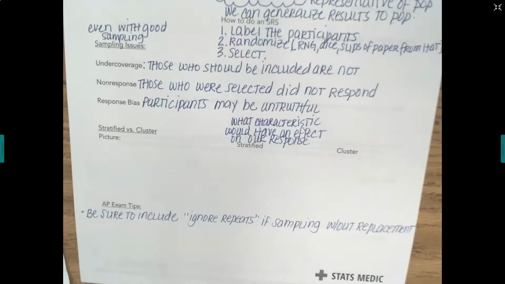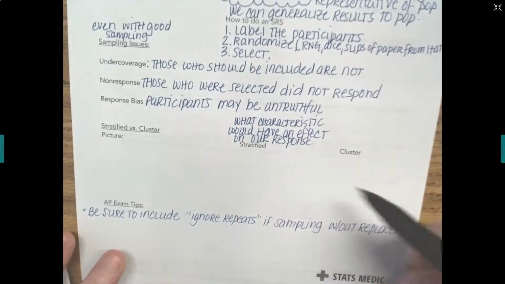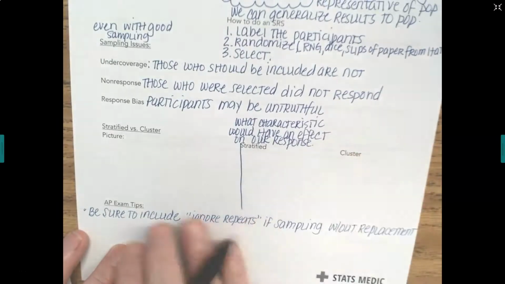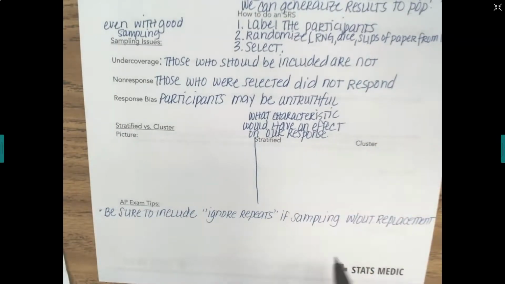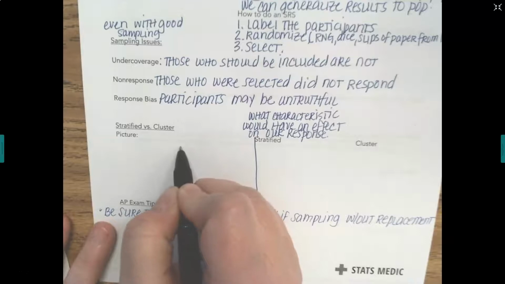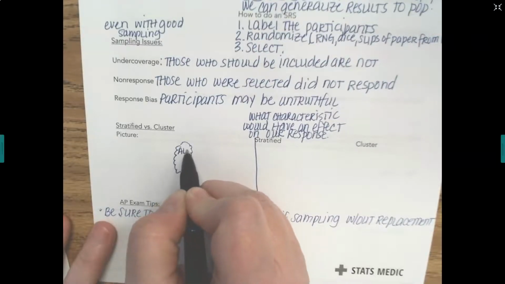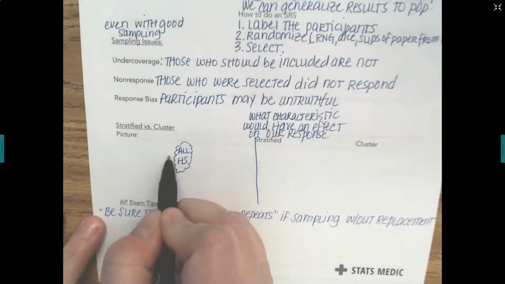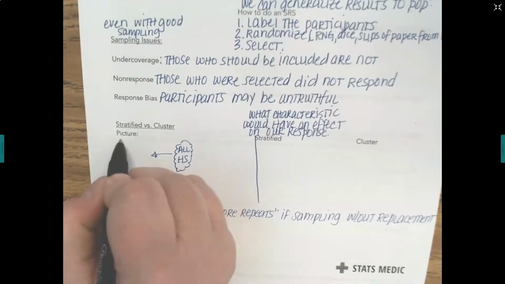So I'm going to do kind of a pictorial comparison, and then we're going to make a comparison over here about the differences between stratified and cluster. So I'm going to kind of draw this line. I'm going to have the pictorial comparison, and then we'll do some more lining up. So here we have our little population cloud. That's all high school students. Okay, from there, for a stratified, so this is stratified,